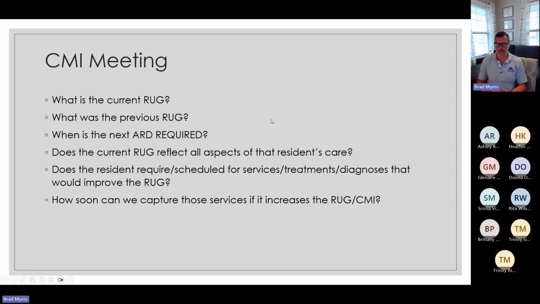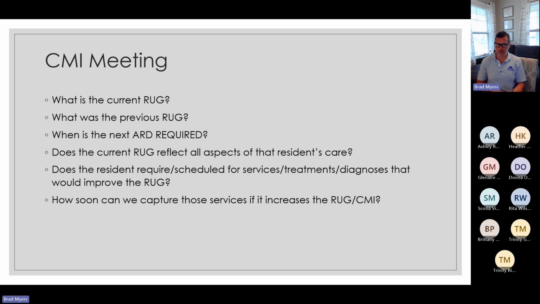So first of all, I don't have a slide for this, but you need to be getting calendars from MDS. They're doing them every month. This is the next to the last week of April. I would expect that we would be getting a May calendar, if not before. So make sure that we are still getting those calendars and we are thinking along the lines of that 321